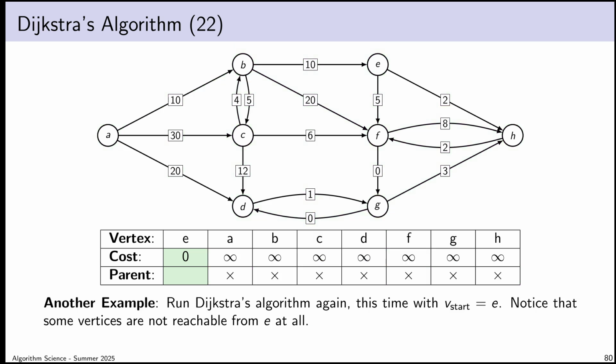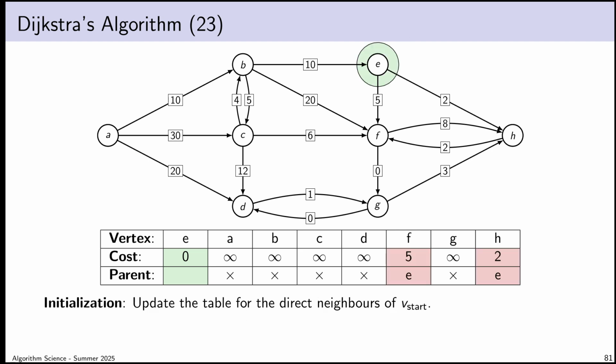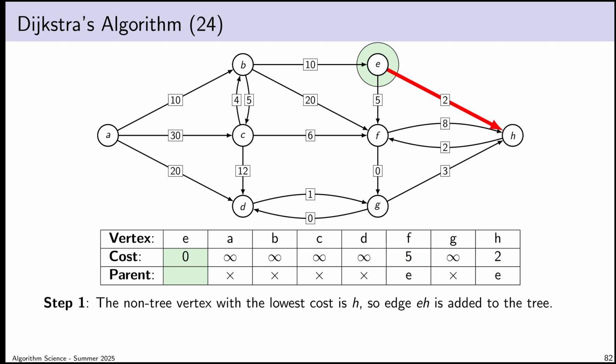So we're going to try it again. Same graph, but this time I want vertex E to be my starting vertex. And so, I can use any vertex I want as my starting vertex. The observation I want to make is that there are clearly vertices in this graph that are not reachable from vertex E. So for example, nobody can get to vertex A. Vertex A only has outbound neighbors. All right, so I initialize by relaxing the edges to neighbors of vertex E, so I get this initial table, and then I just walk through the algorithm again.